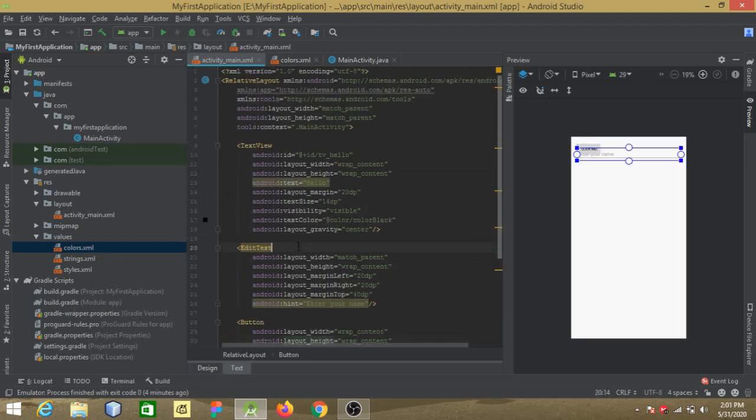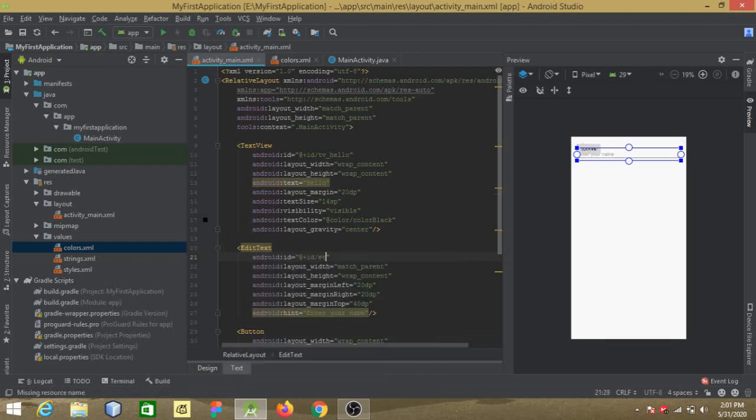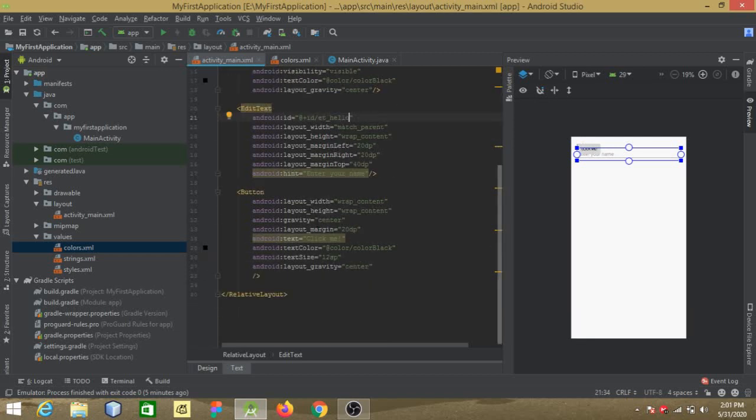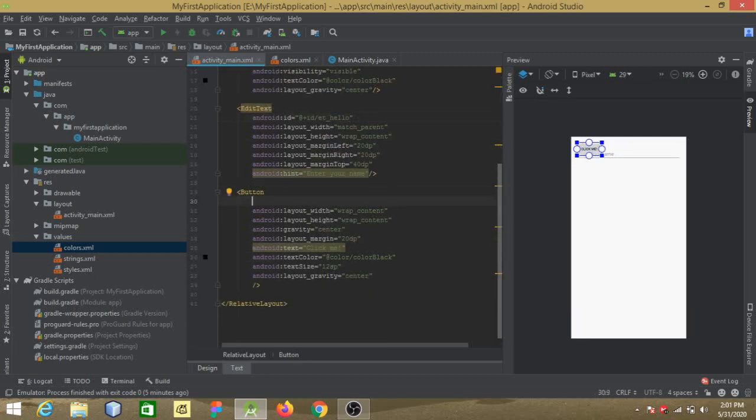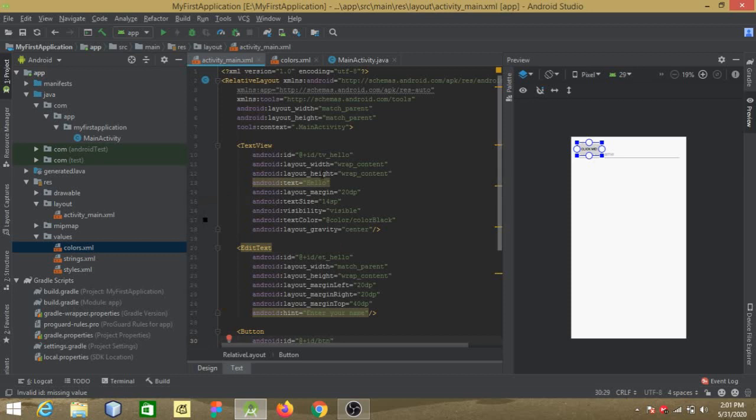So I'll have to mention IDs to each and every item like this. Edit text, I'll spell edit text, hello, and ID button. So now I'll just start by, I want this text view to be on the top, then the edit text,